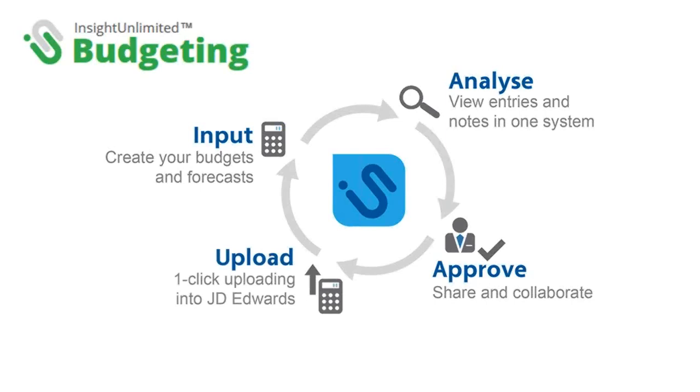This is having a massive difference for the JDE Edwards sites that are using Insight Unlimited budgeting in how they control, how they run, even down to how often they do budgeting. It might be that budgeting and forecasting takes so long at the moment, you can only do it once a year, or maybe you want to do it more frequently, but you just can't because it's such a slow, tedious process. Well, with Insight, we're looking to do all of your budgeting in one place,